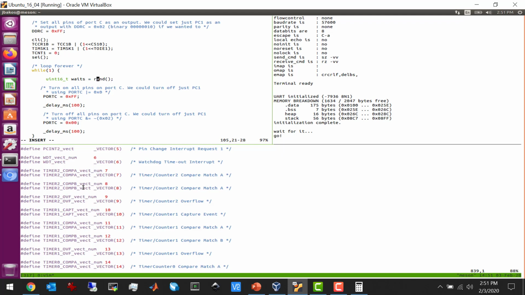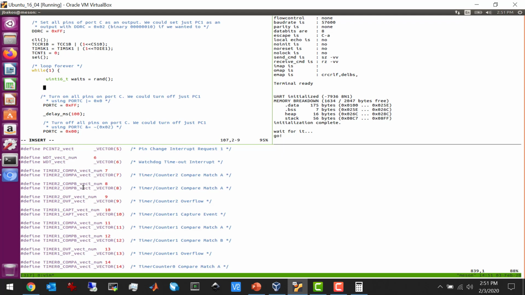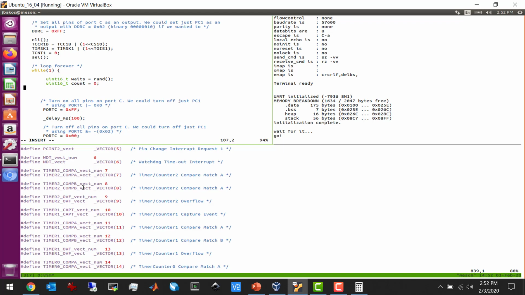This should give me a number between 0 and RAND_MAX, which I believe is 32,767. And then I can have a counter, uint16_t count equals 0. And I could say,